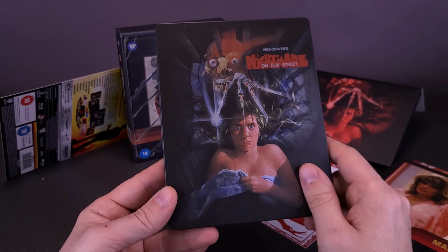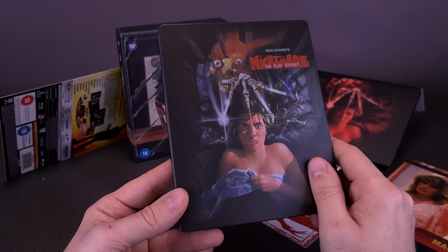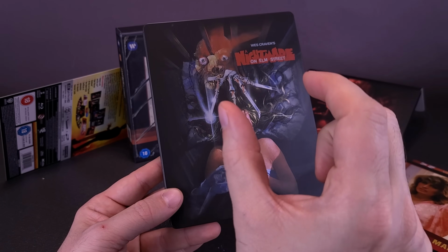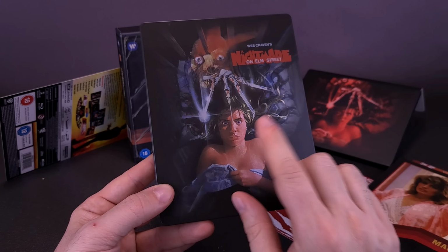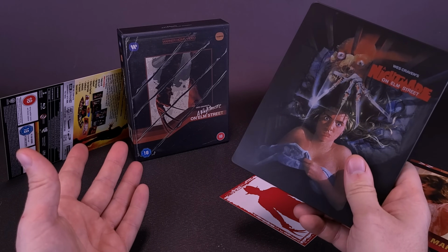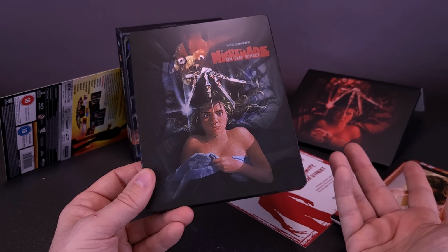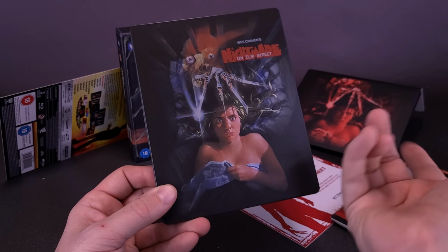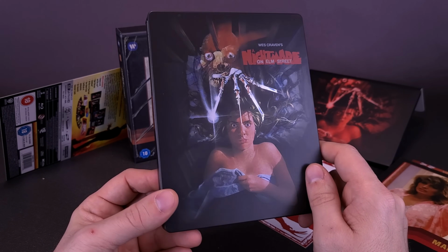There has been tons of Nightmare on Elm Street media over the years, DVDs and Blu-rays. The closest thing we have to a Blu-ray release of the Nightmare on Elm Street films is the one that just has all the films. It's really skinny. I'm sure everybody has that in their collection. But apparently there have been announcements that we're going to be getting more Nightmare on Elm Streets in 4K format. I don't know if I'm going to shell out as much to get the other 4K movies. I'm hoping, though, if the covers look just like the original posters, with the main film's poster, Nightmare on Elm Street, and 4K on the top, that's all I would need. But the moment you start using media that isn't relevant at all to that movie, plus